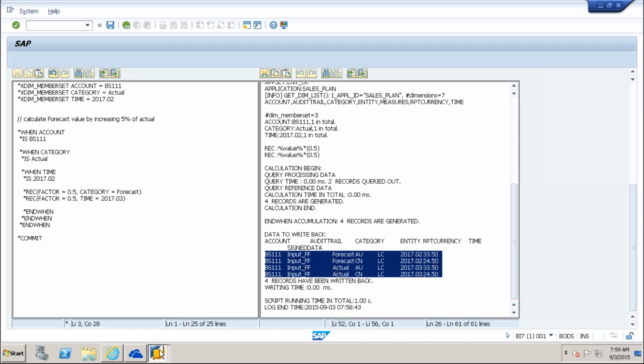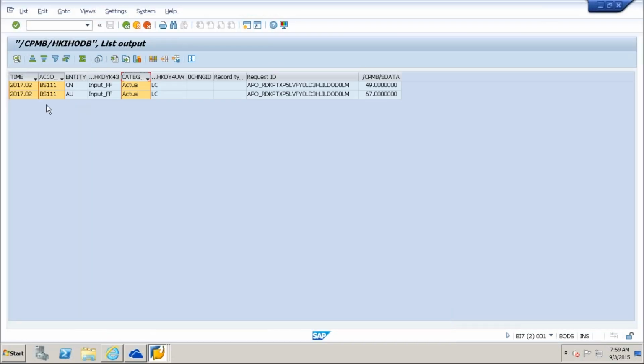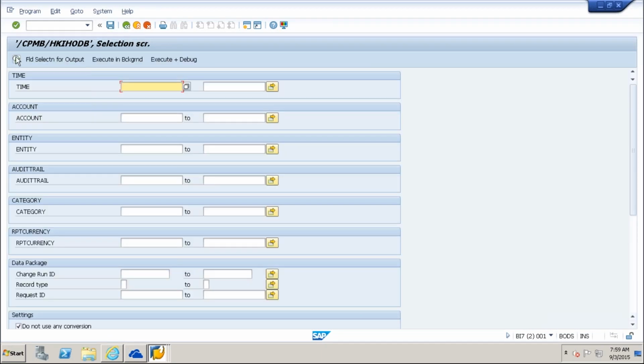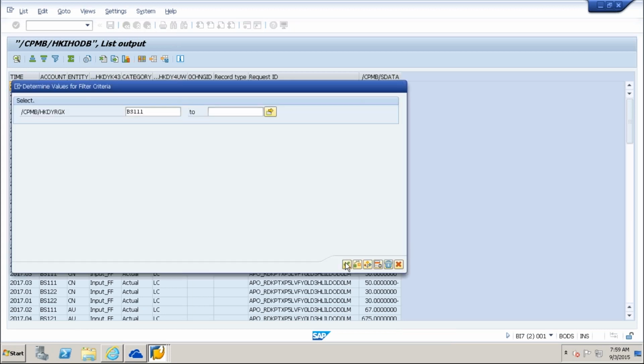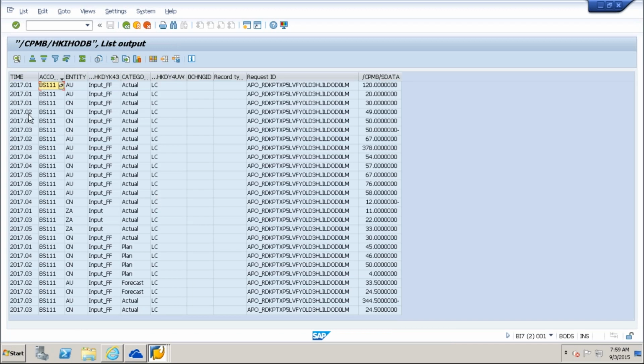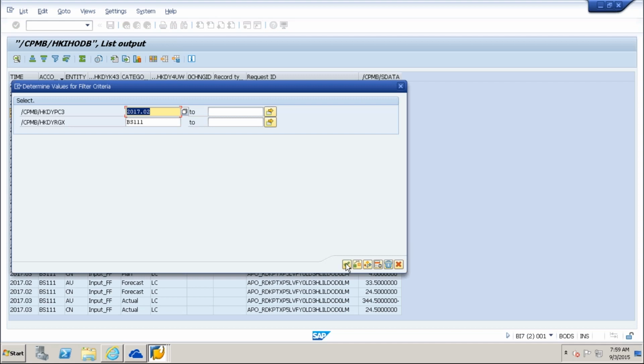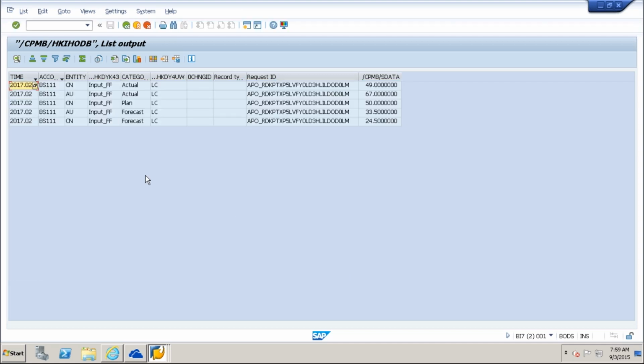The same thing in this, just go back, execute, BS 111, 2017-02 and my actual. So if I want to show you as actual, then it will close out.